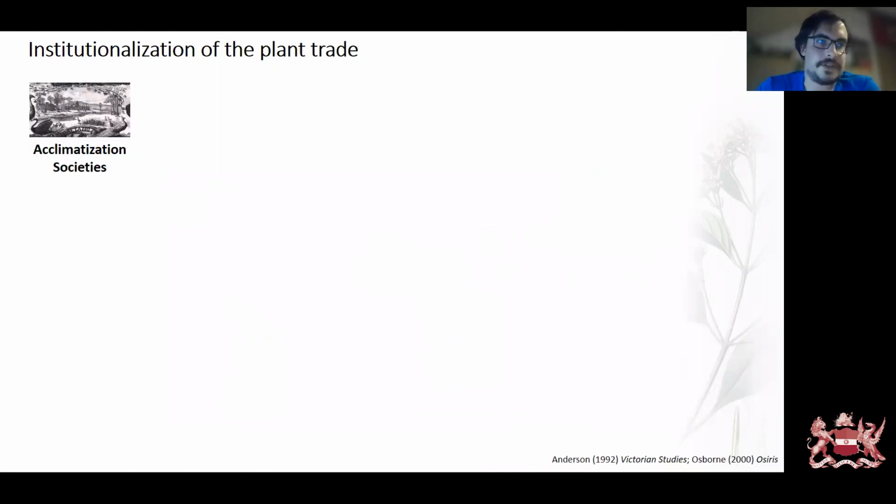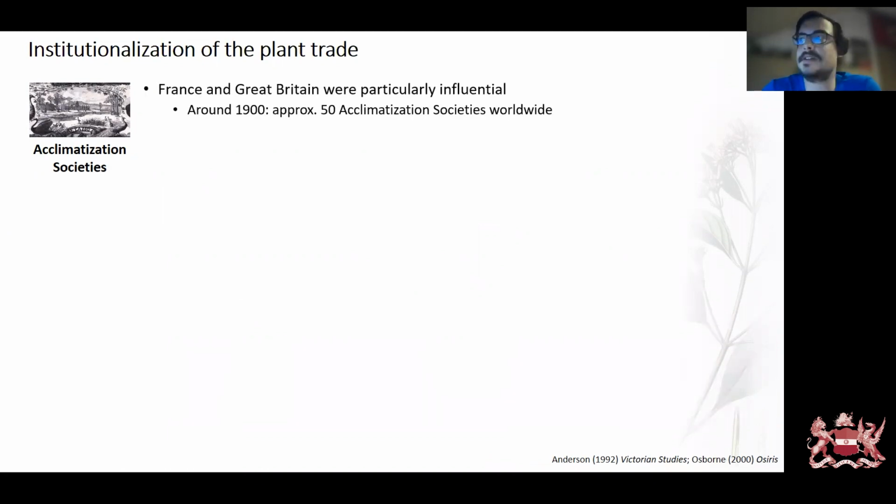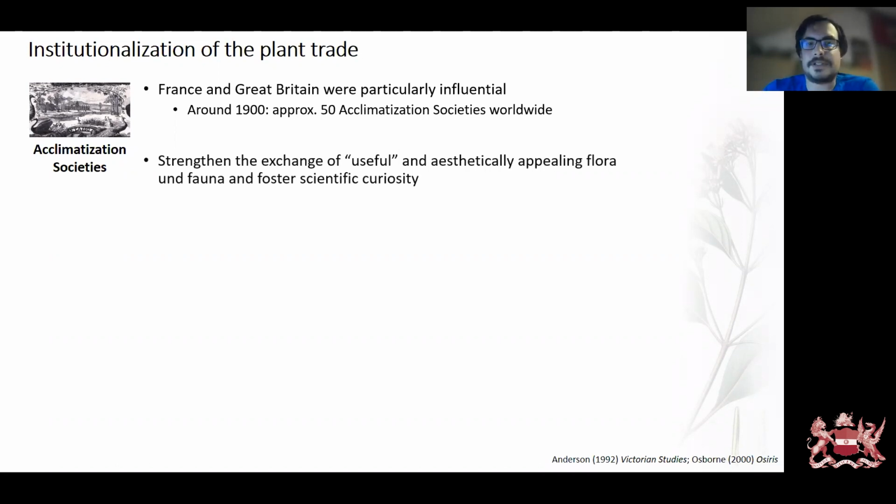As already mentioned, one of the second big institutions were acclimatization societies. Acclimatization societies were particularly relevant or influential in the French and British Empire. And just as a figure, around 1900, there were roughly 50 acclimatization societies worldwide, so quite a big number. They were founded for several reasons. So one of the aims was to strengthen the exchange of useful and aesthetically appealing flora and fauna and foster scientific curiosity, but also, which was another very important point, the satisfaction of the desire for exotic species, especially in